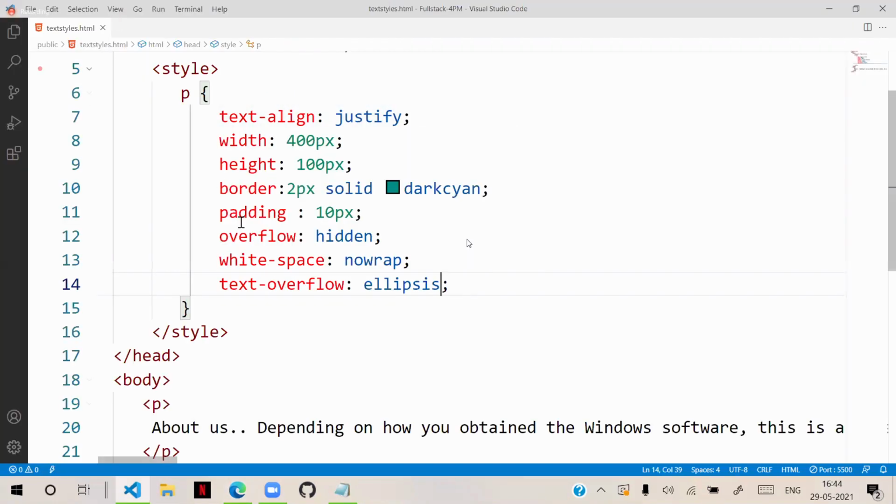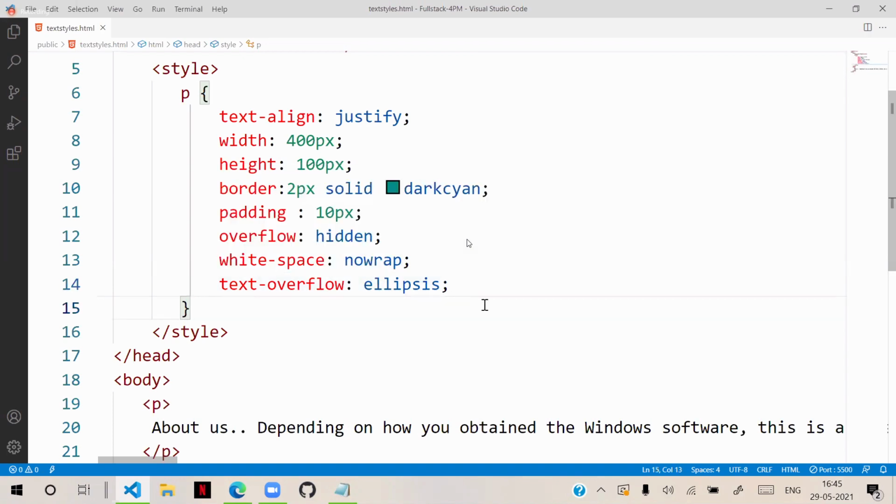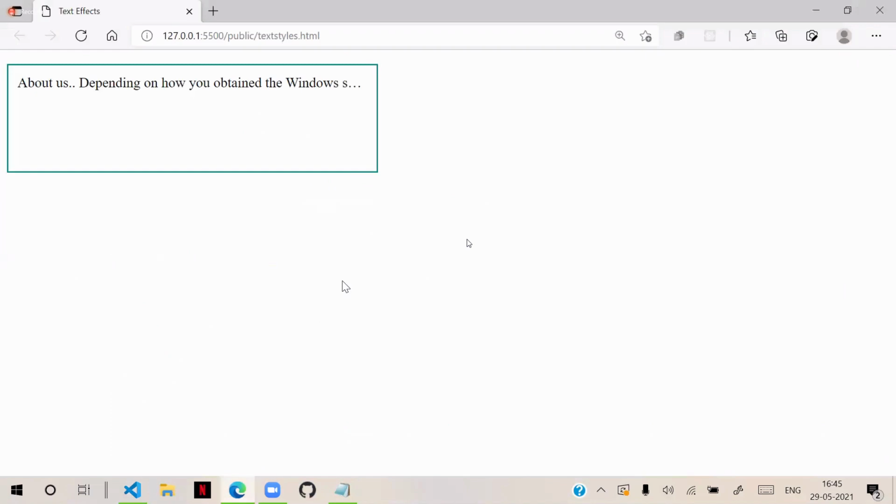Generally, if there is a lot of information to display in a small area, we can't display it all. Then we display as much as it can show and hide the rest of the content. After hiding, you can put an ellipsis at the end so that the user knows there is some more content on the right side.